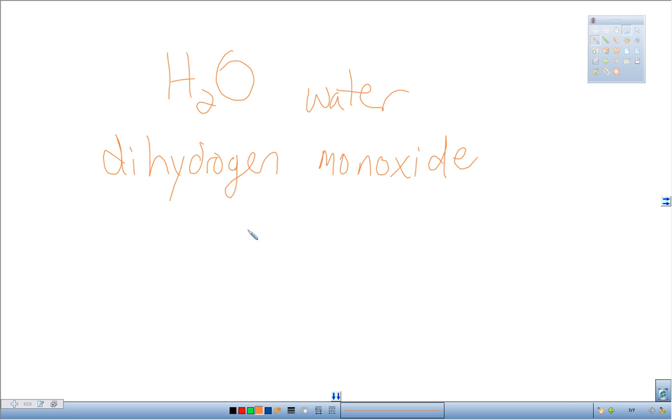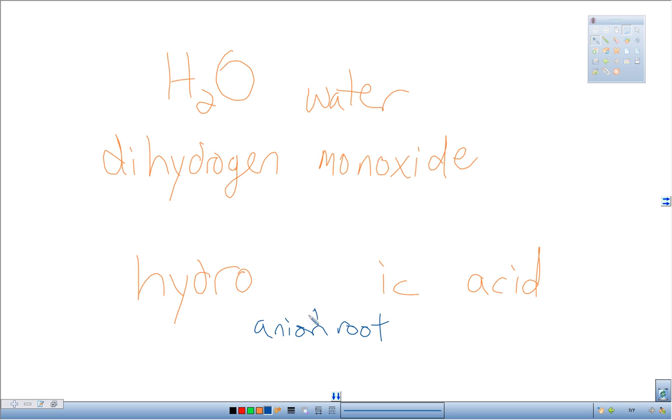What else could we call this? Connor says, can't I name this an acid? Absolutely. But it's not a polyatomic acid, right? It's a binary acid. So we're going to call it hydro something ic acid. What goes here? Right, the anion root. So what is that? That's oxygen. So it's